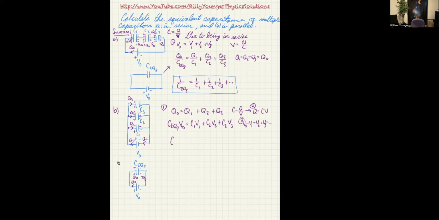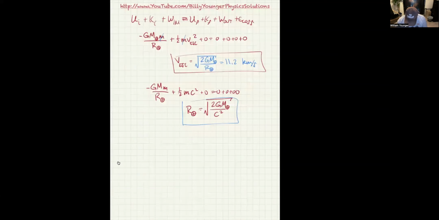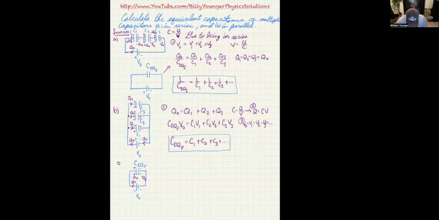And finally, that gives us C equivalent parallel is equal to C1 plus C2 plus C3 plus dot dot dot, and that allows the extension to any number of capacitors. So that's it. That is actually the derivation for the formula for the equivalent capacitance in parallel, in this case, and the other one was the one for series. So again, notice that's another formula that we already knew. Specifically, we knew that formula for resistances in series, but now it happens to be applying to capacitors,